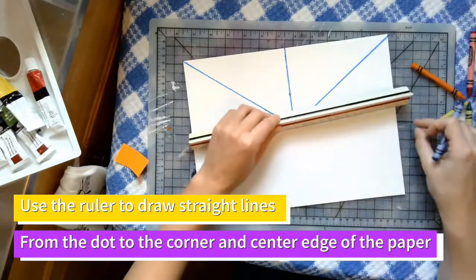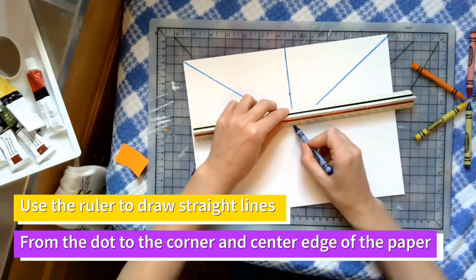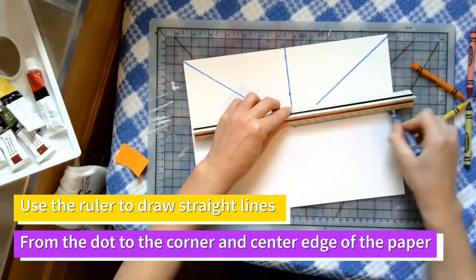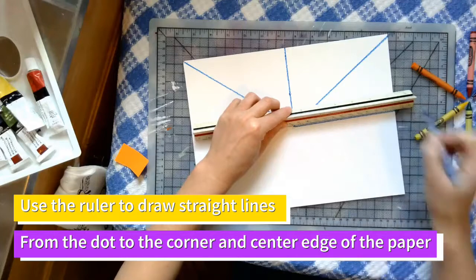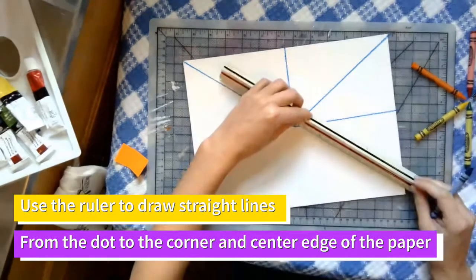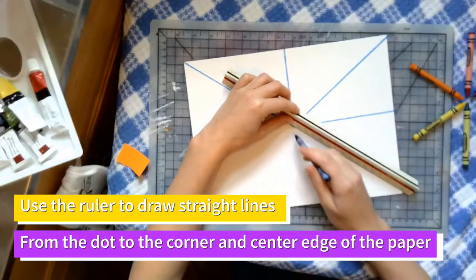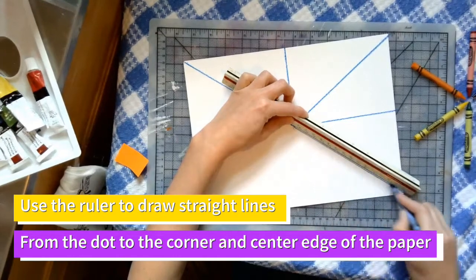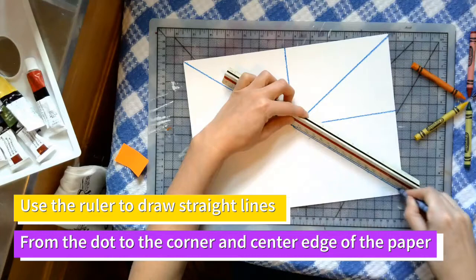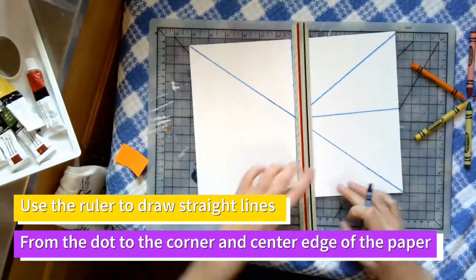And then to the center of this side of your page, push your crayon against your ruler. I'm going to go over it like 3 or 4 times because I want that line to be really dark. To the corner of your page, the bottom right hand side of your page. 1, 2, 3, 4. To the center of the bottom of your page,